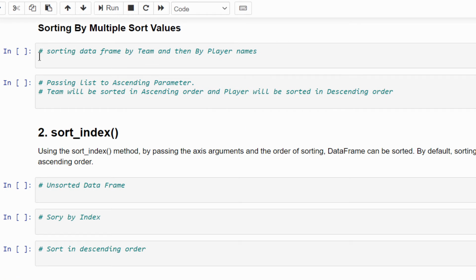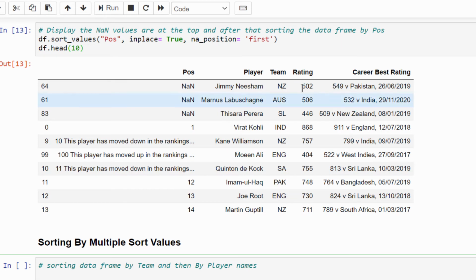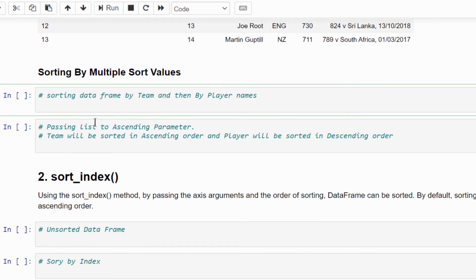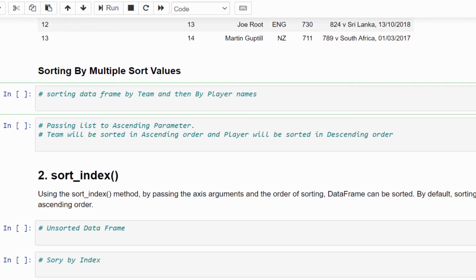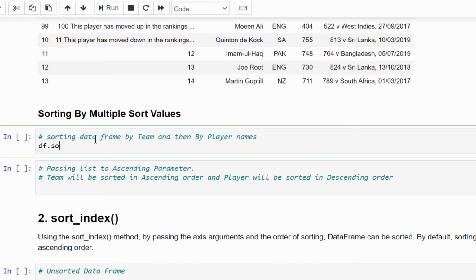Let's try to sort using multiple column names. Sort using team and player. First let me code it. df.sort_values. Here, whenever there is more than one value, it needs to be given in a list.